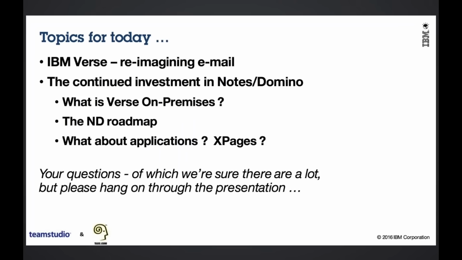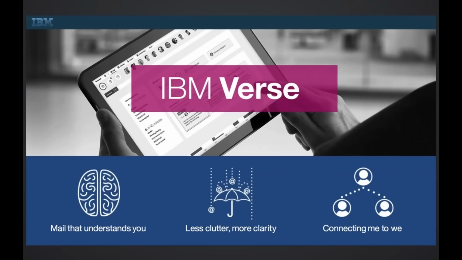A while ago in IBM, we looked at what is email. Why do we have email? What should it be? What does it look like? Where should it go? And we have done a lot of things with email, and it's safe to say that the predominant email clients from a business viewpoint have been Notes and Outlook, and pretty much still are Notes and Outlook with some variations. However, we believe that there are better ways of driving email, and we started a lot